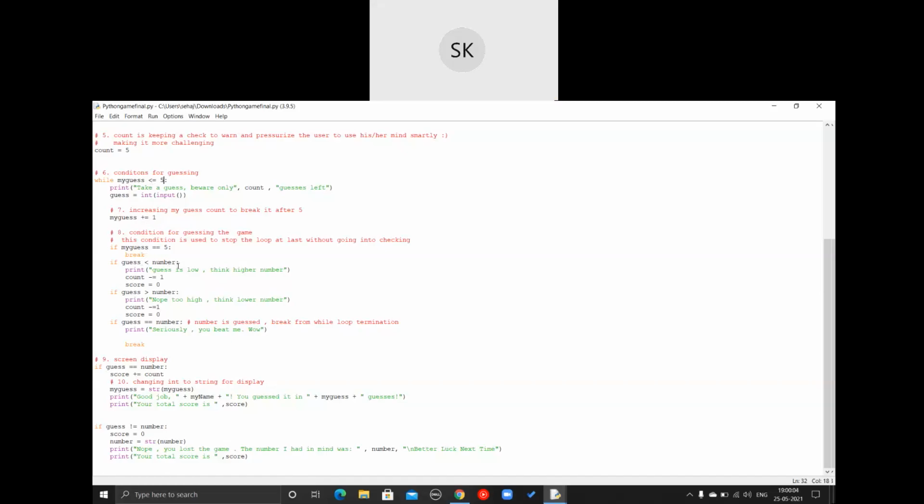If the guess is less than the number, then it will tell us think higher number, and the count will get reduced. Count is equal to 5. We have already given the definite value that it is 5. There are 5 guesses, and as the player makes a guess, the count will get reduced by 1.